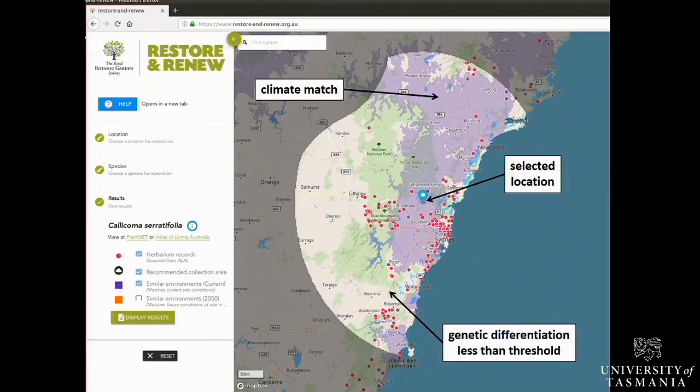So this information is being served on the Restore and Renew website. So you can go to the website, choose a location. You'll then get a drop-down list of the species that have those buffered hulls that that site falls within. So they're the species that you can choose. It'll then run a prediction under the GDM that's been prepared for that species and give you this area. This unmasked area here is the area within which we think you'll be able to collect material that does not exceed some level of differentiation